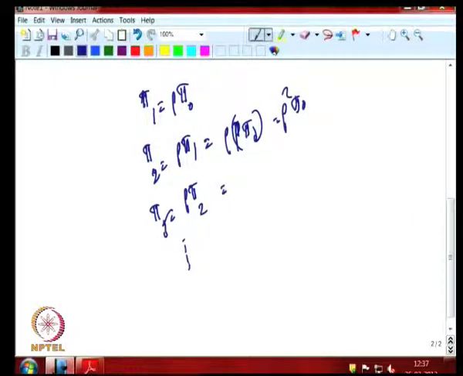This will be again the same thing, rho times pi 2 is rho square pi 0, will be rho cube pi 0, things like that. So pi 1 is rho pi 0, pi 2 is rho square pi 0, pi 3 is rho cube pi 0,